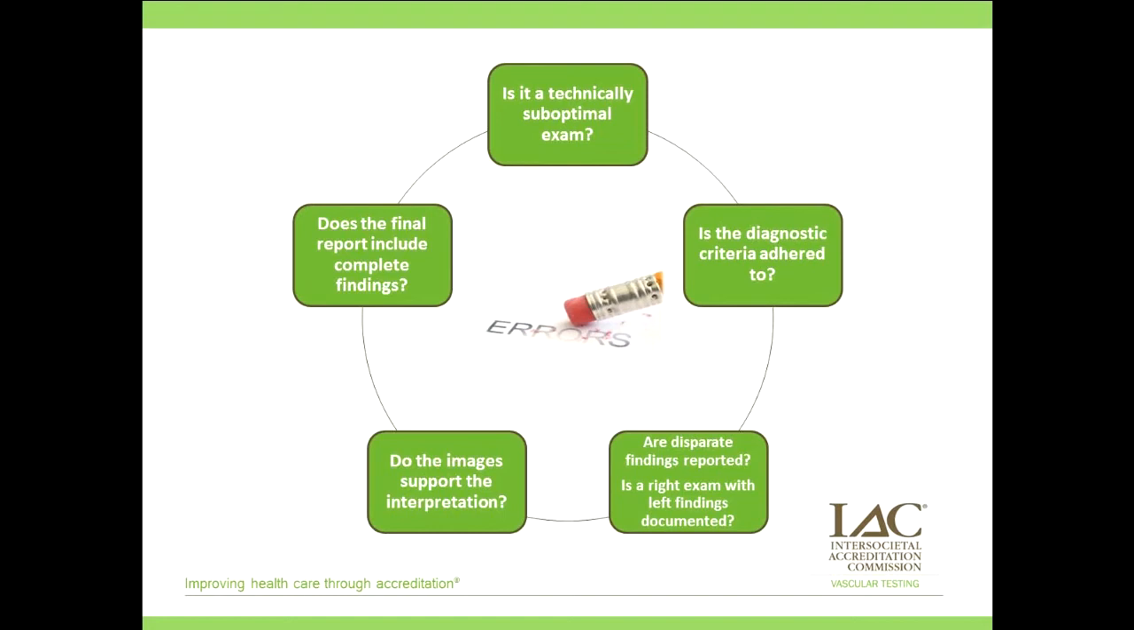You certainly can't say, oh, the calf veins were all visualized and compressible, when for some reason you couldn't see the calf veins on that patient. So you have to be very careful with your medical records to be sure that the things you commonly click are true for each patient that you're doing it. And then, of course, does the final report include all findings? You cannot